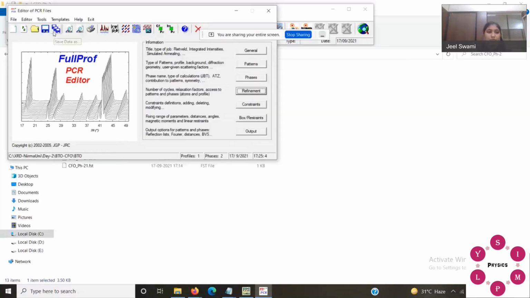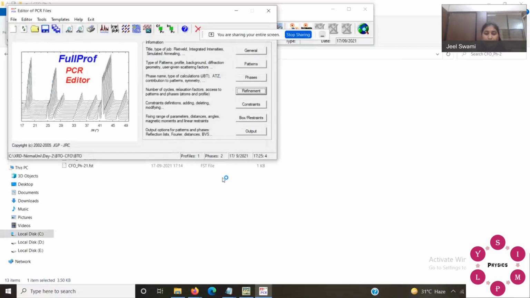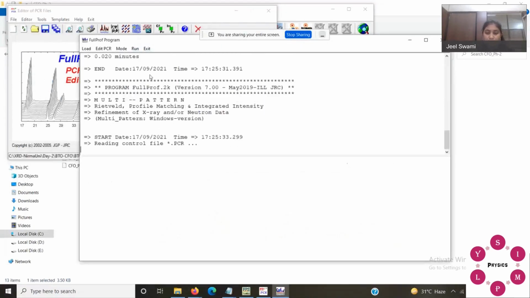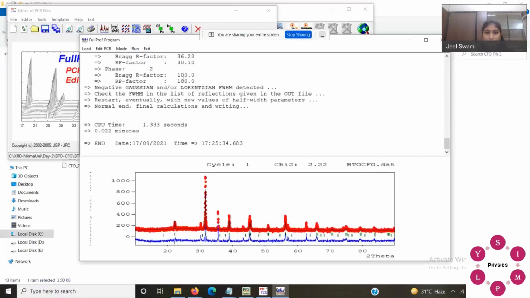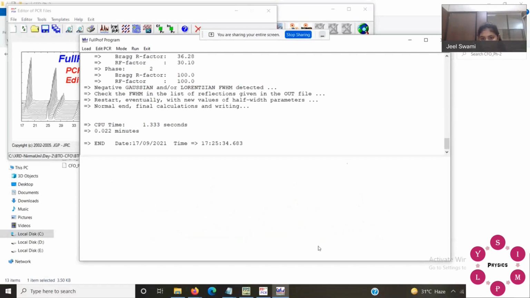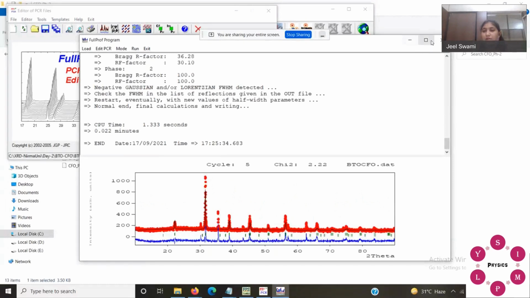So we find W. Okay. Yeah, peaks are there, so we still need some refinement over here. This big shift is there.